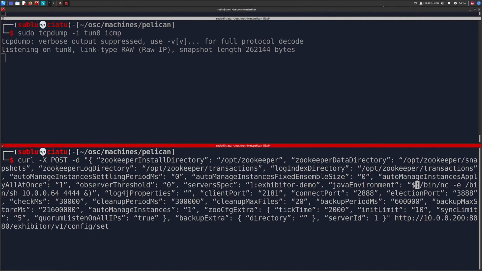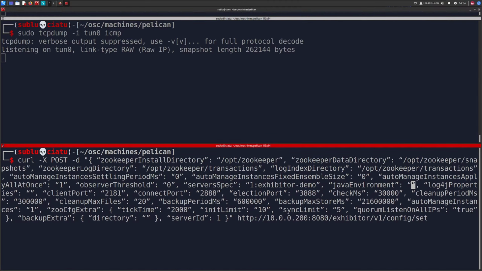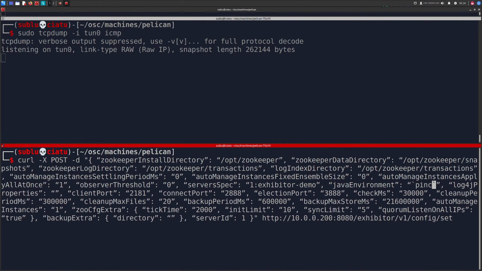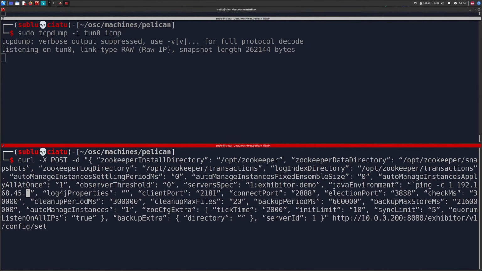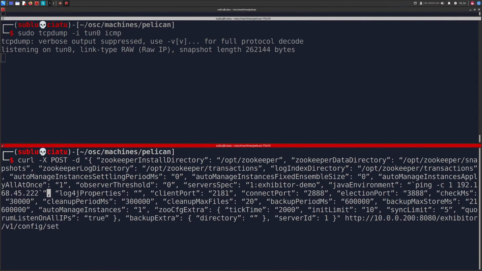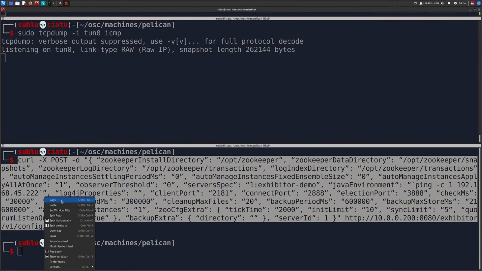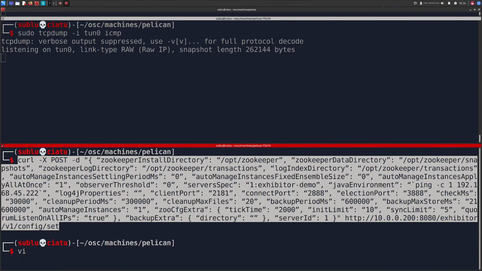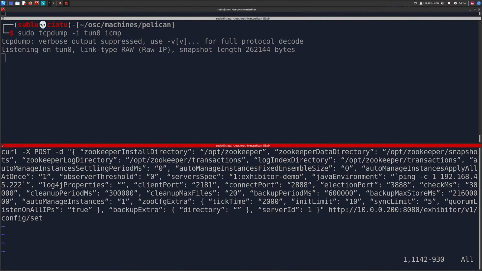So here we can change the Java environment, which is right here. Now you can see that this is set to a sort of reverse shell, so we can close this out, and then we can do a ping -c 1 192.168.45.222 like that. Have it closed off, and well, you know what? What I'm going to do here is copy this. Let's vi file. Doesn't matter. Paste this in here, and then let's do a sed command to replace all of